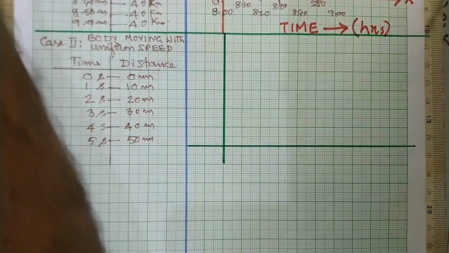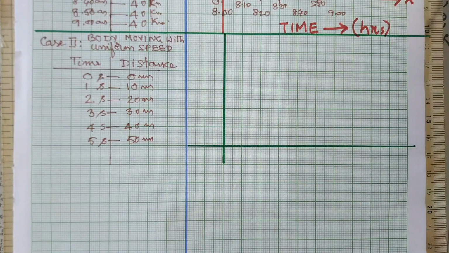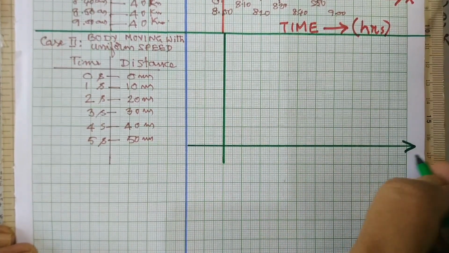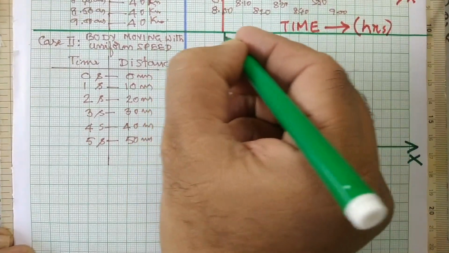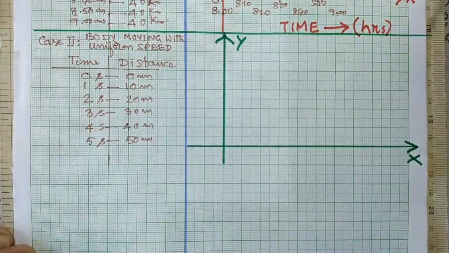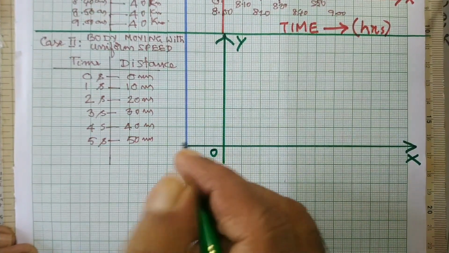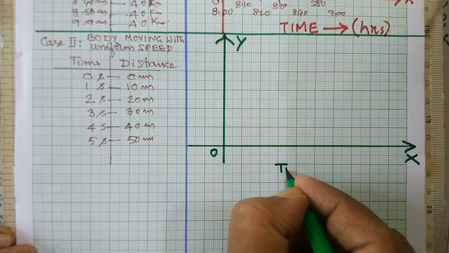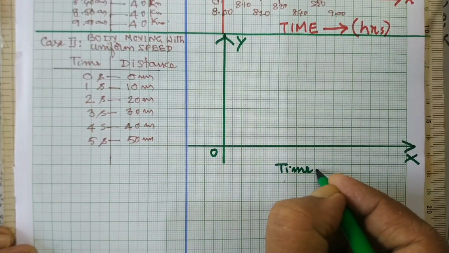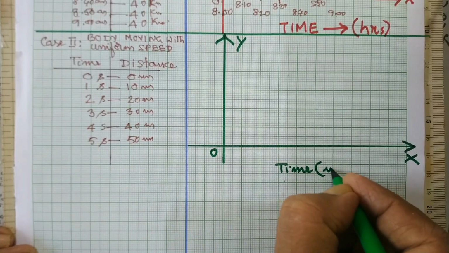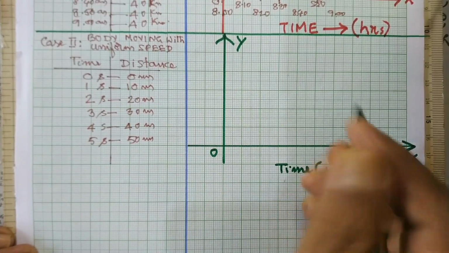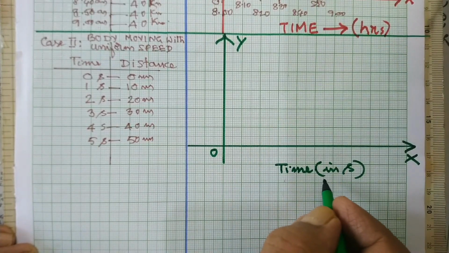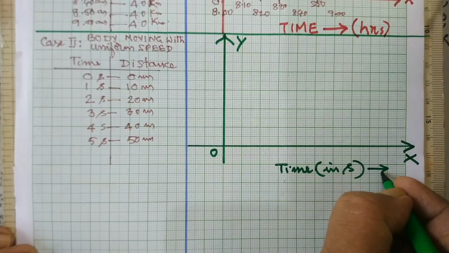Now let us see the graph portion. How to draw the graph, I'll tell you. Already I told you that this is x-axis, whereas this is y-axis. Okay, this is origin. Now I'd like to put the time on the x-axis. As usual, time I'll take on the x-axis here. But you remember, now I am taking it in seconds. In the earlier graph I had taken it as hours. For the sake of understanding, now I am taking seconds. So put the arrow mark on this.